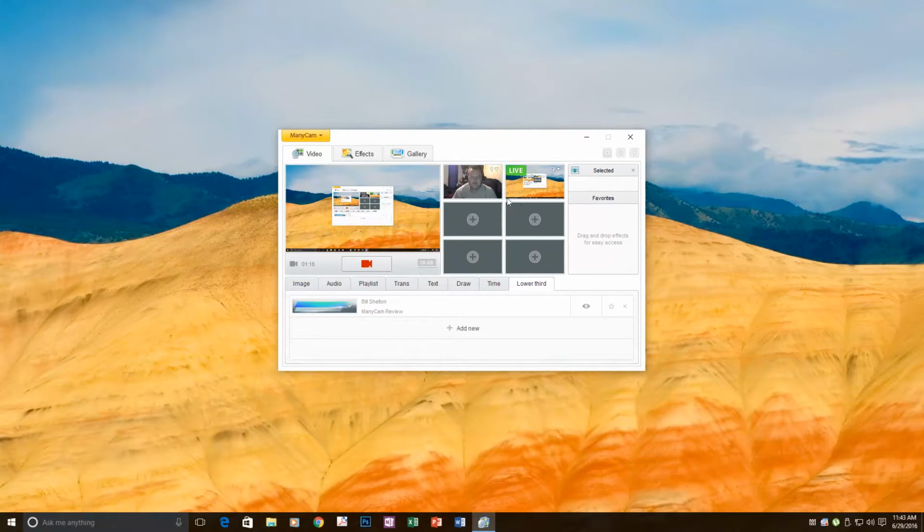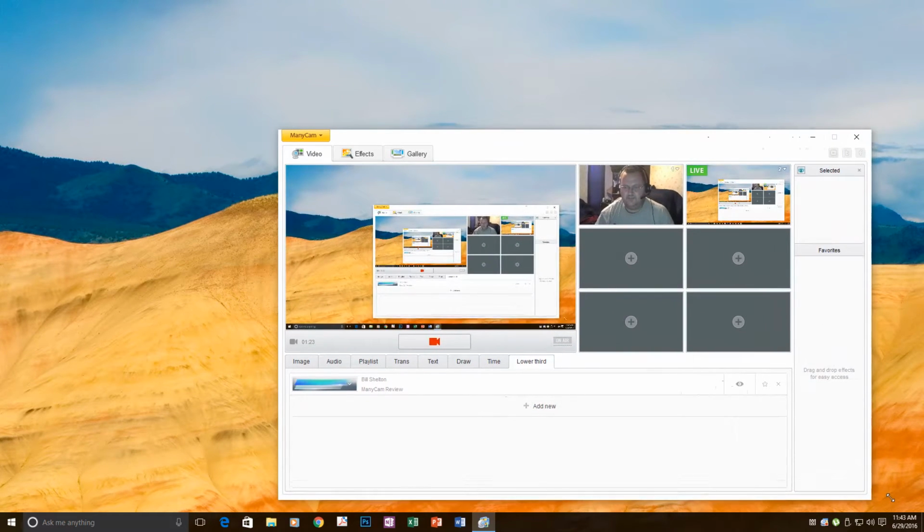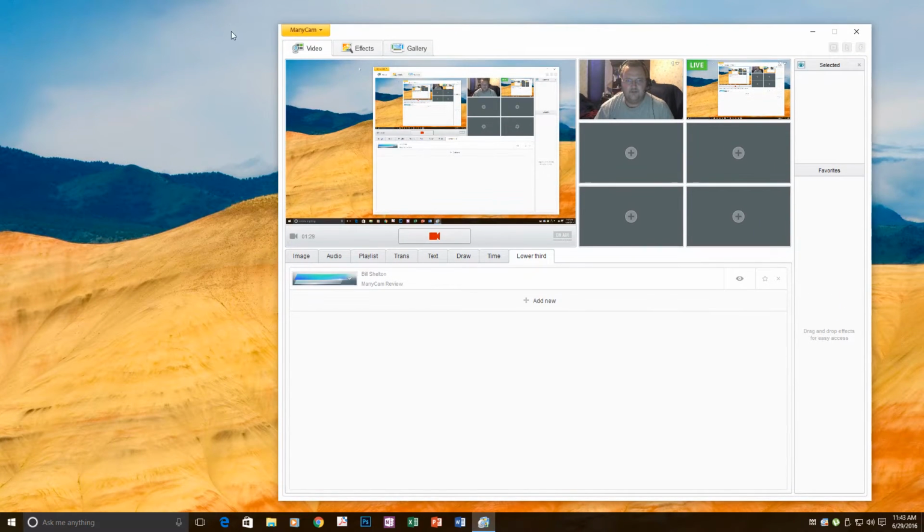So I'm going to go ahead and jump over to a full screen desktop view. Let me change something real quick. Okay. So I'm going to change over to my desktop. And here we can see the ManyCam software. And I'm going to make it as big as I can. Okay, so here at the top we have ManyCam,